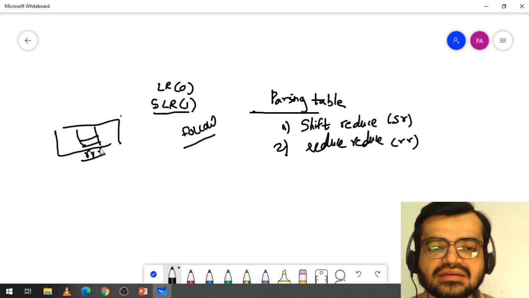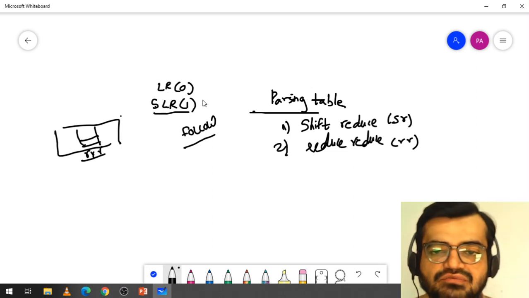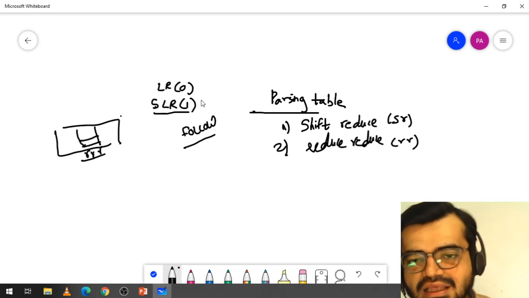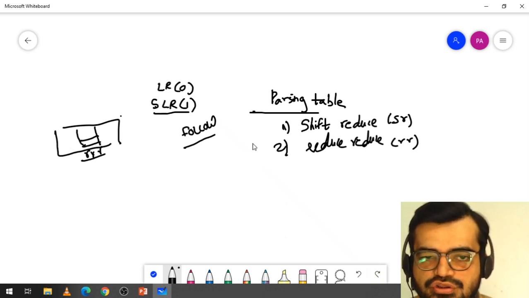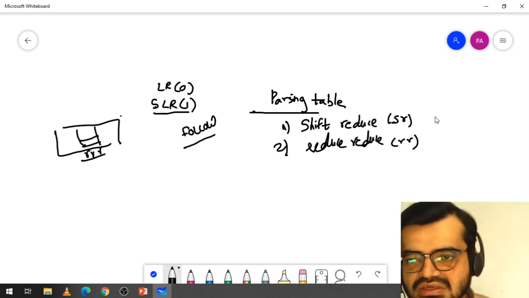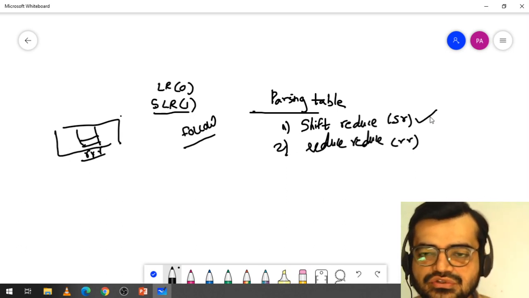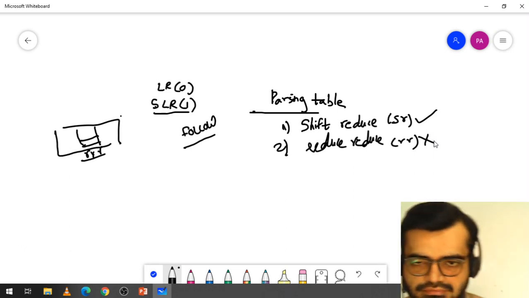In that sense, SLR parsing can improve when compared with LR(0). But still in SLR(1) parsing there is one drawback. As I said, there are two conflicts, shift-reduce and reduce-reduce. SLR(1) parsing reduces shift-reduce conflicts, but it won't be effective if the condition is a reduce-reduce conflict.